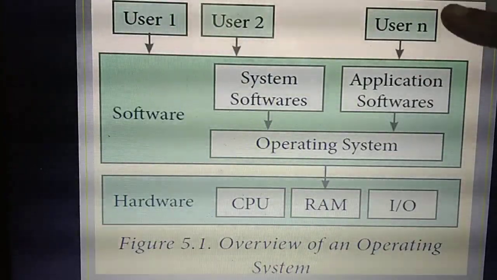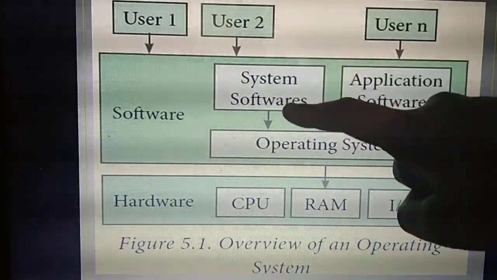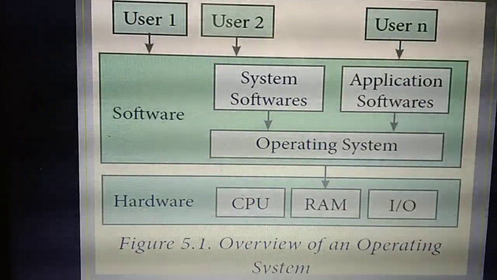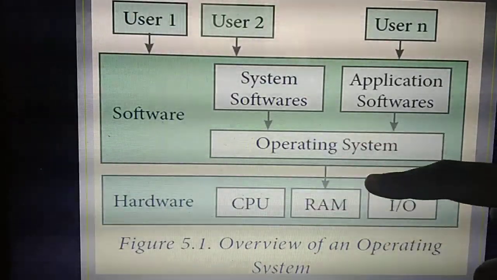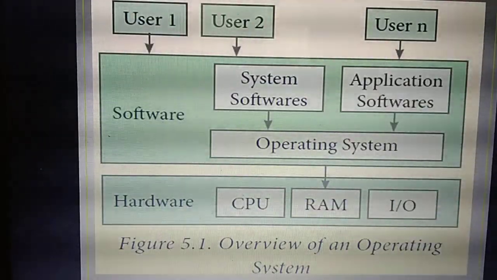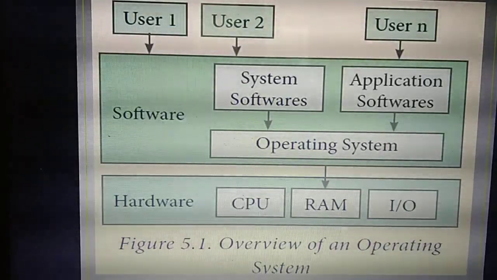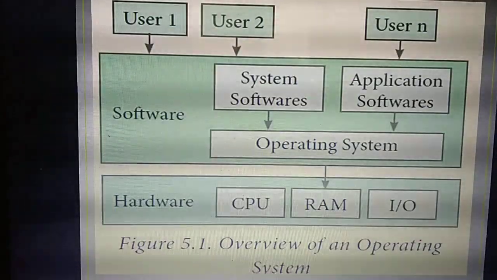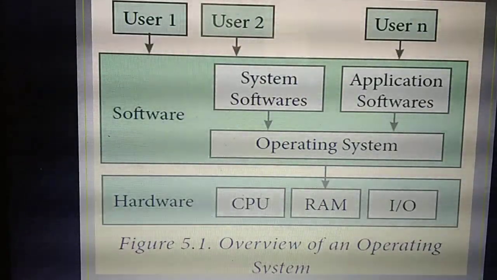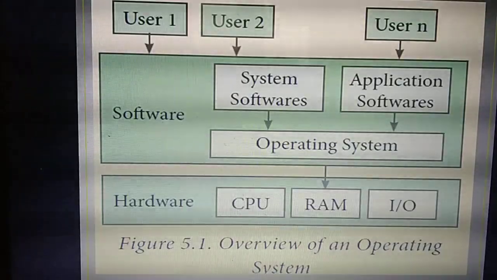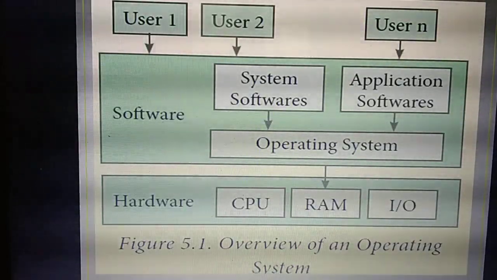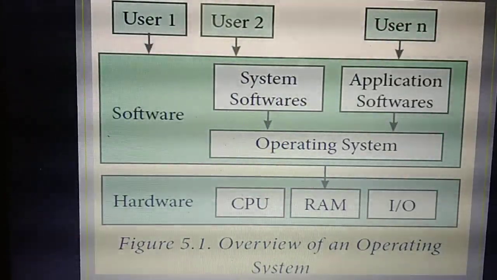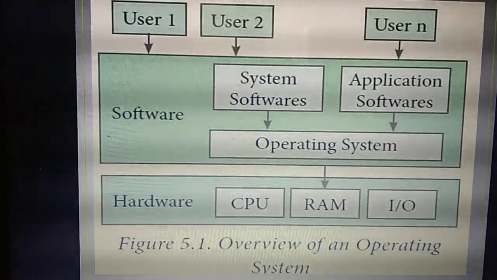So once the user switches on the system, the control flows from where to where? First, on switching on the system, the control flows to the hardware device. That means the CPU. So once you switch on the system, that is called booting, which you studied in the first chapter. So what do you mean by booting? Inside the CPU, it will check whether all the devices are connected properly. That is called booting, isn't it? So immediately when the booting is over, the system softwares and application software will run. That is controlled by the operating system.